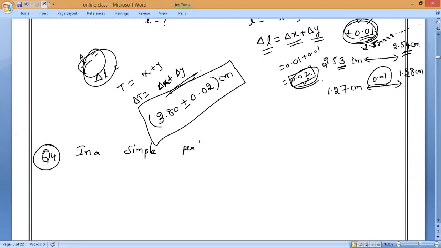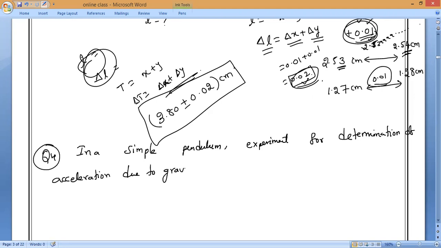In a simple pendulum experiment for determination of acceleration due to gravity. What is the symbol of acceleration due to gravity? G. T is the time taken for 20 oscillations. Time taken for 20 oscillations is measured by